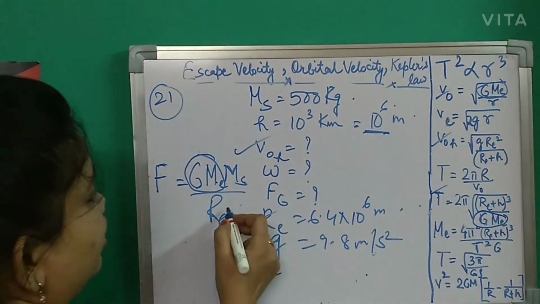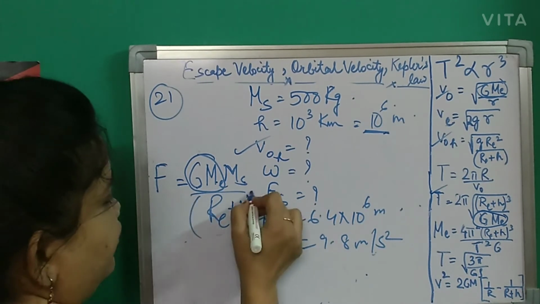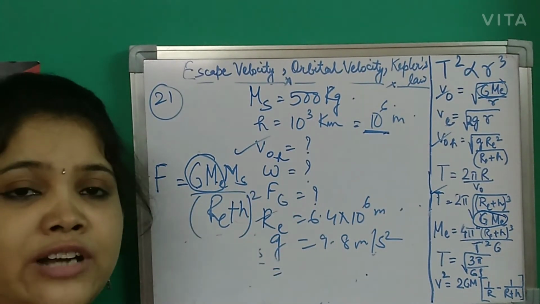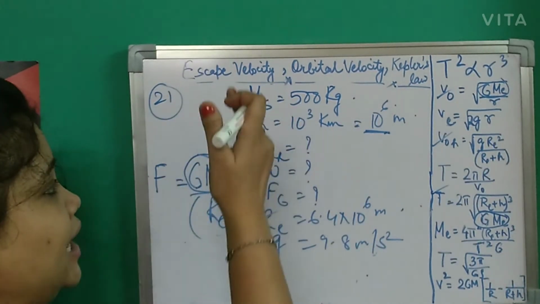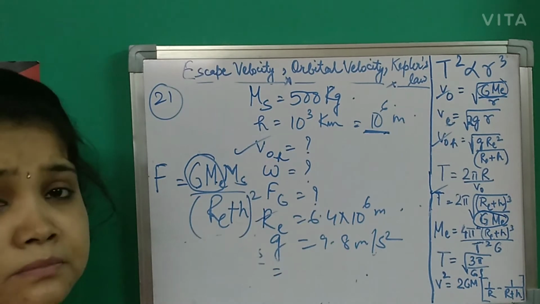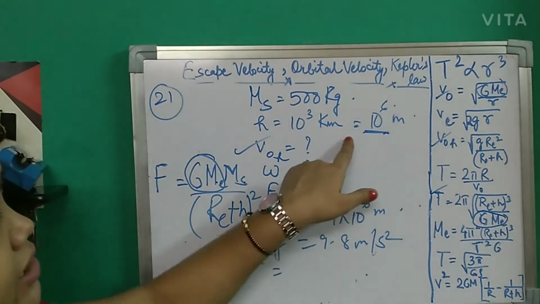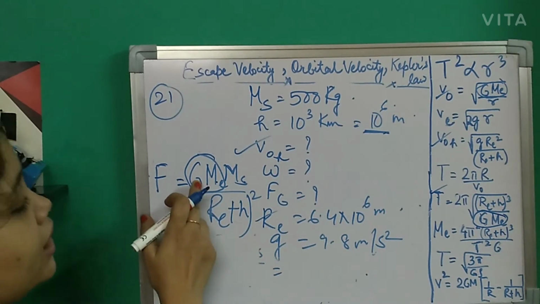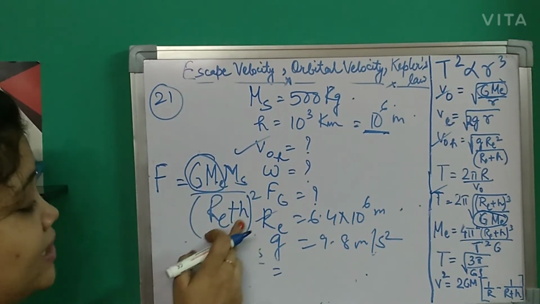Instead of this, we are going to use the height. Since the height is given to us, that was Newton's universal law of gravitation. If only the mass is involved and no height, but if the distance is given. But here in the sum, as you can see, a particular height is given, so you are going to use the formula GMEMS by (RE plus H) whole square.